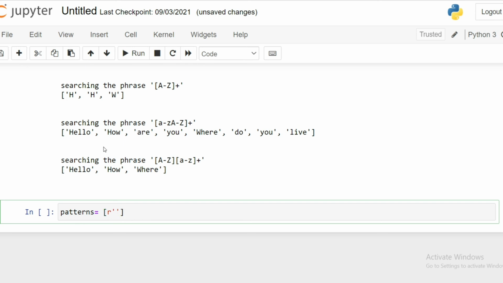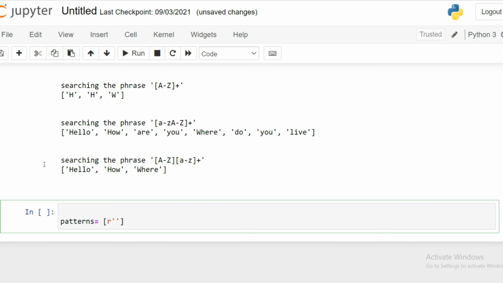In that, what if I want only the sequence of digits? It's better I initialize the phrase again. Phrase is equal to, let's find 1 2 3 4